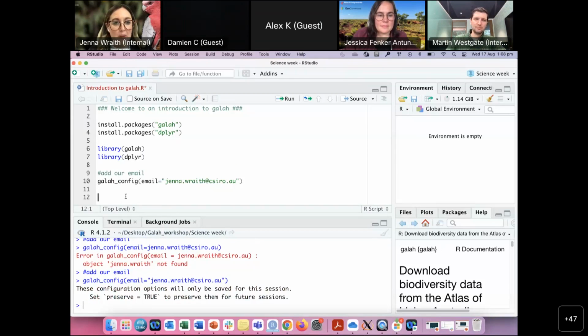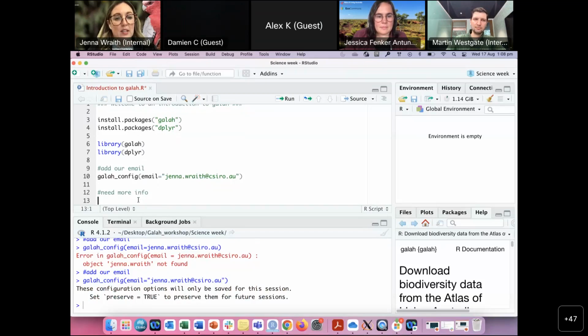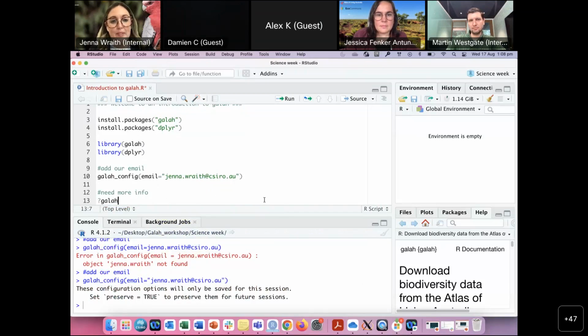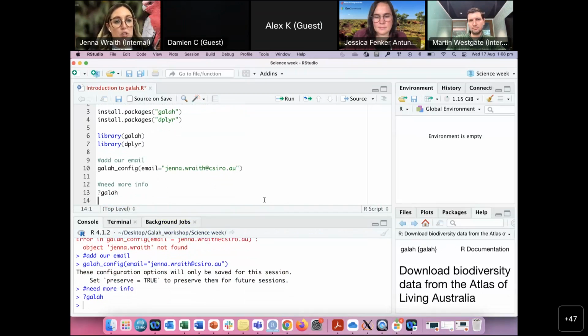So while you're sorting that one out, I'm just going to show you a little trick if you need more information. If you ever need more information on the package that you're using or a function, you can use the help function, which is just the question mark followed by the package or the function that you want to check out. So I'm going to run that line there, question mark galah, and then down here, sorry, I just have to move this